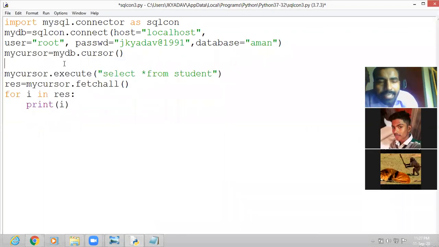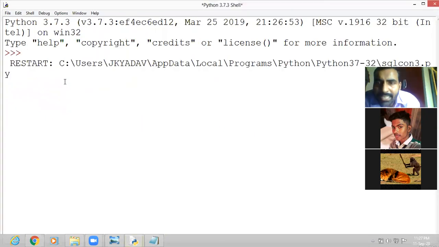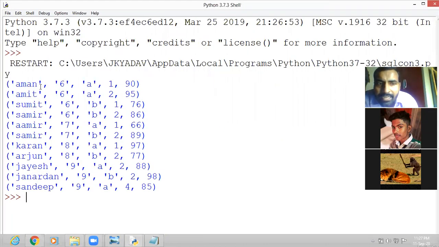Yes. Now listen. Let us see the table. In the table, let us see the marks, which marks are there and which marks we want to change. First, let us see the table. For that we have written the command select from student. Save it. Press F5. Let us see the table. So see the table kindly.